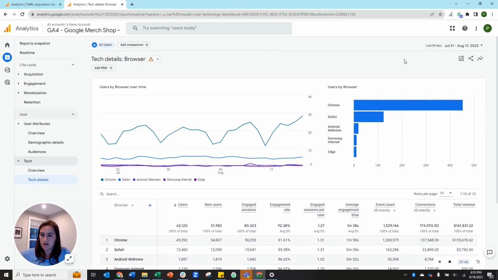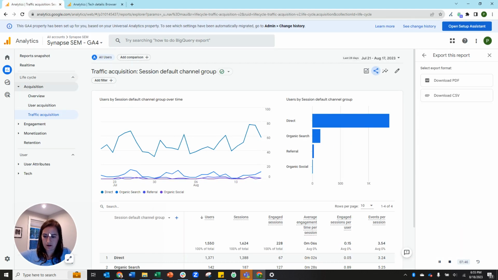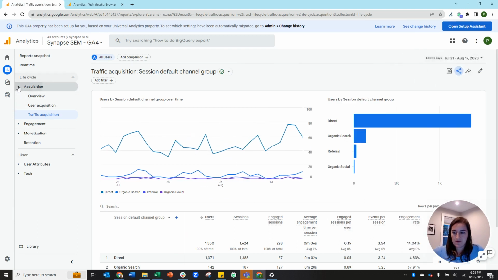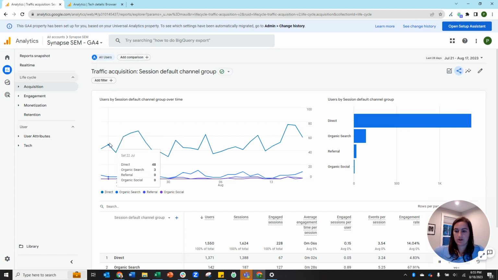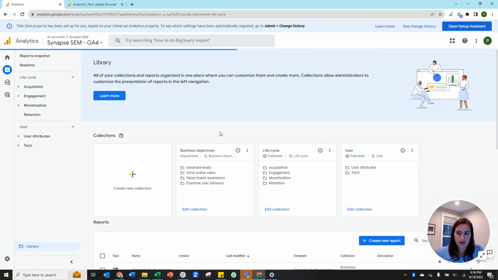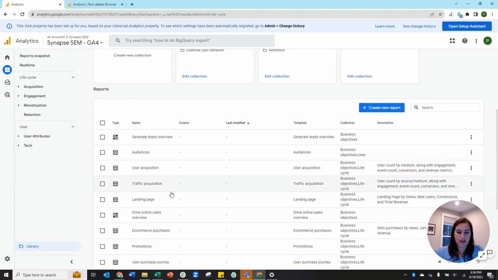All right, so let me just hop over to the Synapse account over here. Let's move myself over here. All right, so all of this is the same. This is the basic or default setup for a Google Analytics 4 account, but you'll notice that there's this library section down here. If I click that, it's going to bring up all of these individual reports, but they're labeled out